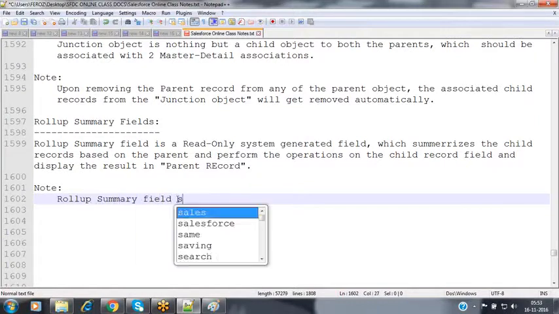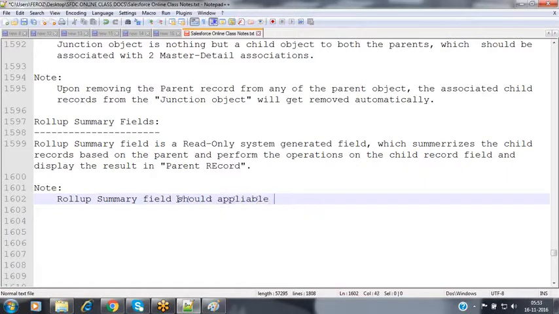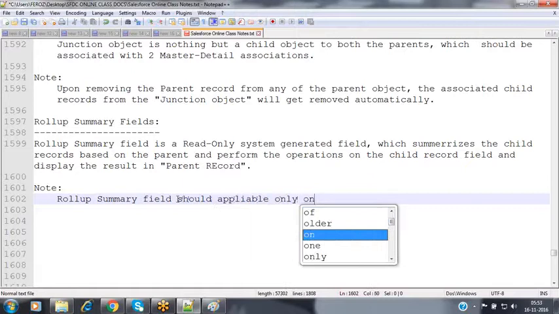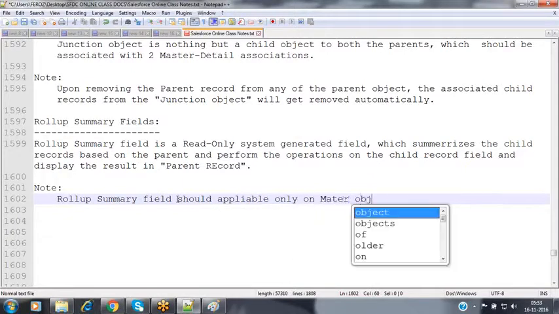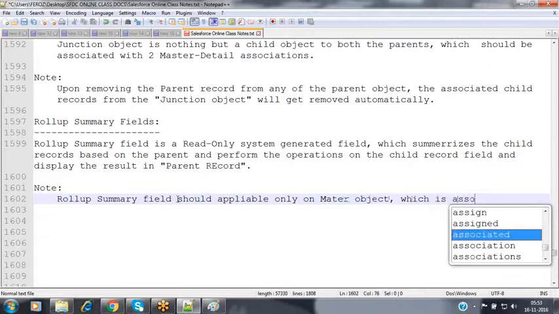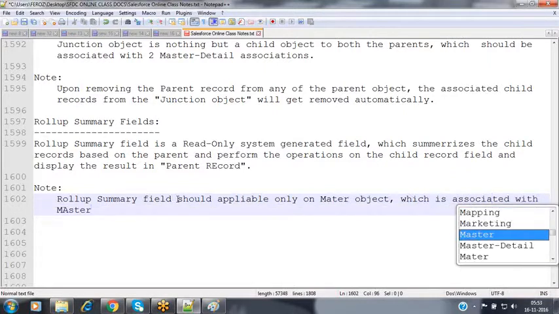Roll-up summary field should be applicable only on the master object which is associated with the master detail association.